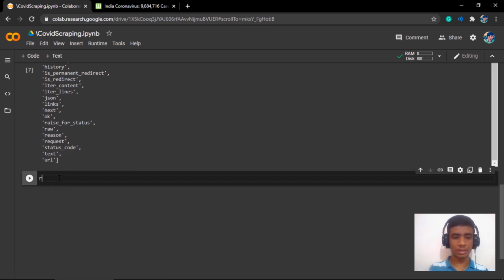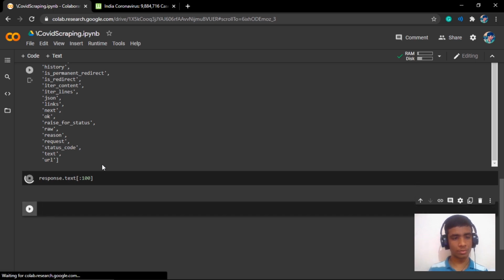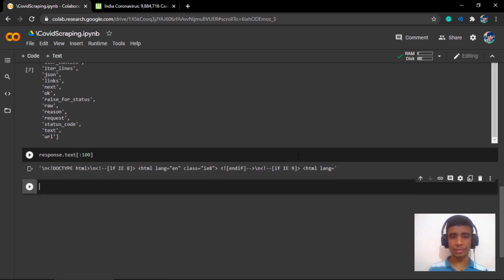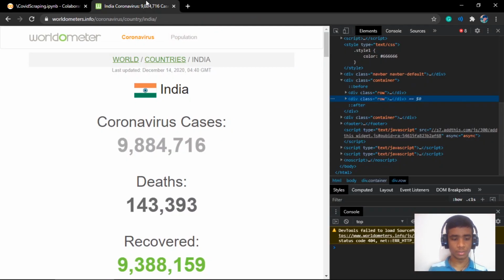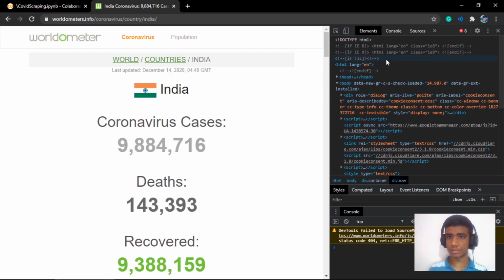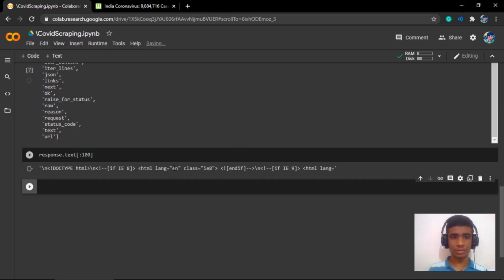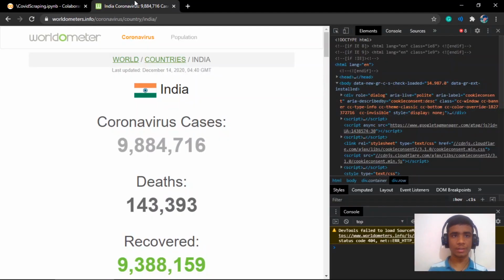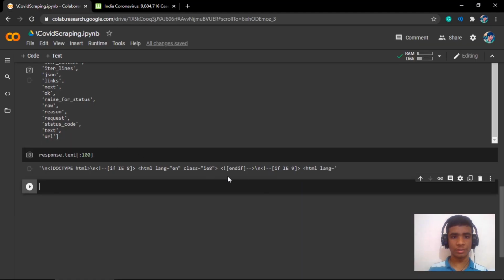If I use response.text, I will see the first 100 characters of this code. You can see this is the exact code in which this website is written.